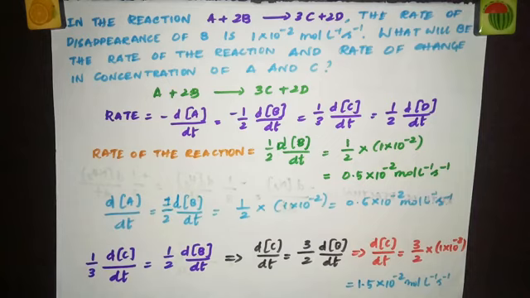So if you are clear with the rate of the reaction and the rate of appearance and disappearance of the species involved in the chemical reaction, you can do these calculations easily. Whenever you solve any problems, make sure you write the units in each step and also in the final step, because the marks are given accordingly for each step. So write the rate expressions properly and then do the calculations. Based on these concepts, try to solve a few more problems that are given in your textbooks.